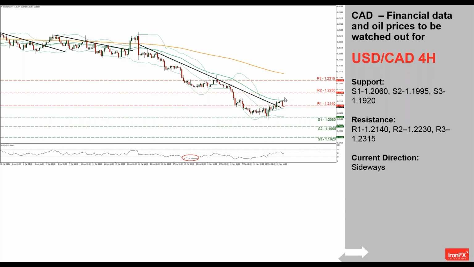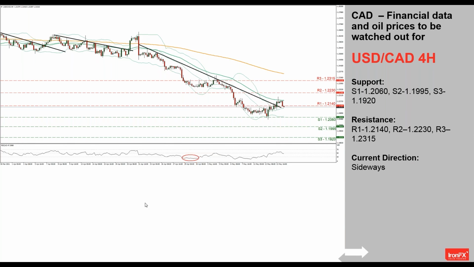Note, however, also today how the pair broke its upward motion as it more or less reached the upper boundary of the levels marking it. To the upside, we note the 1.2140, even higher the 1.2230, and the highest level would be the 1.2315, which marked the resistance line back on the 4th of May. Once again, we would highlight the Bollinger Bands, which tended to provide reversal points.